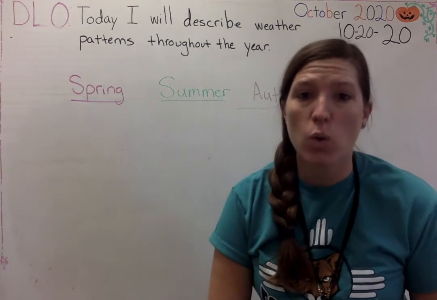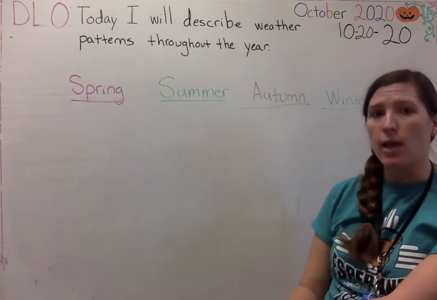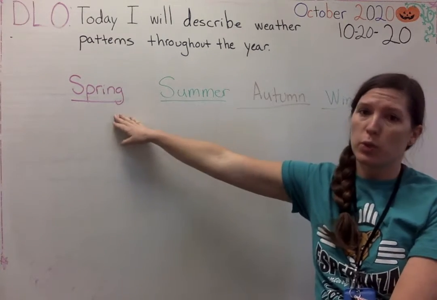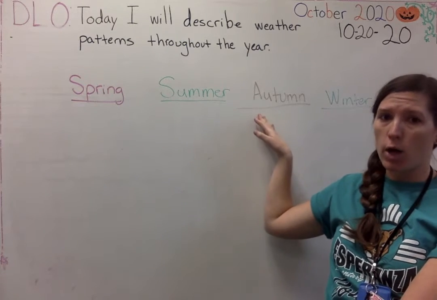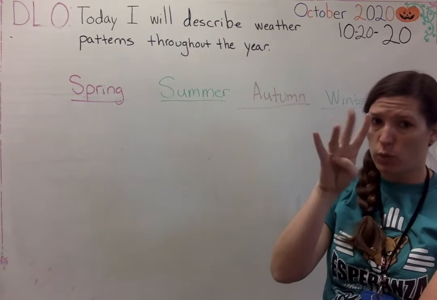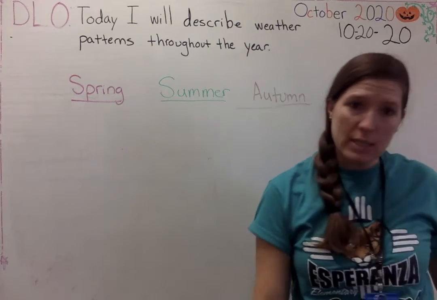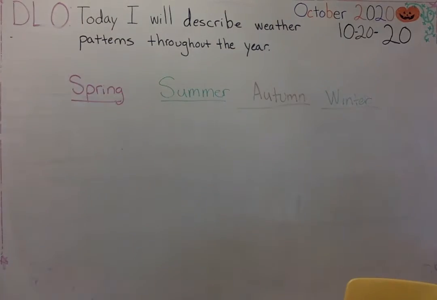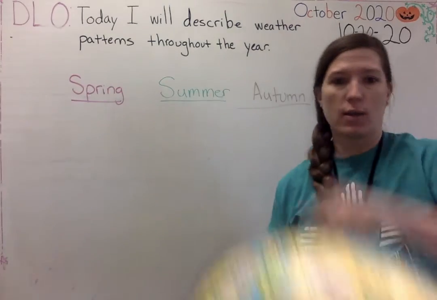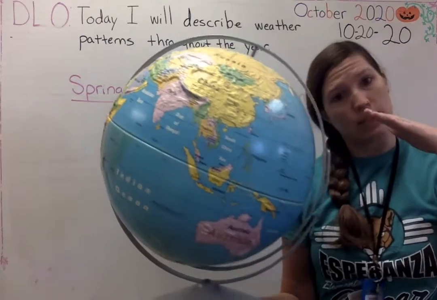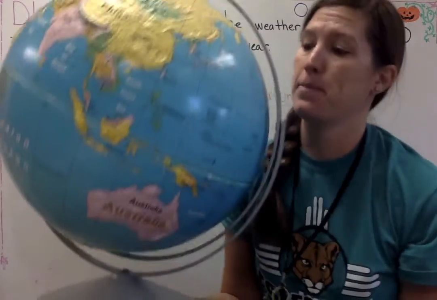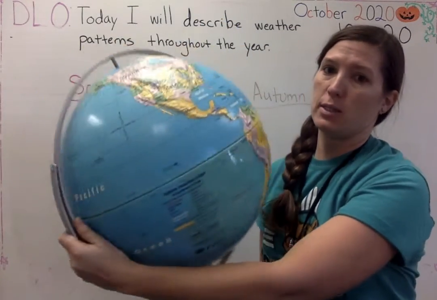So we have 4 seasons. Our 4 seasons are spring, summer, autumn, and winter. We have seasons because our earth is tilted. Let's tilt it this way. And because it's tilted, I'll turn it that way,